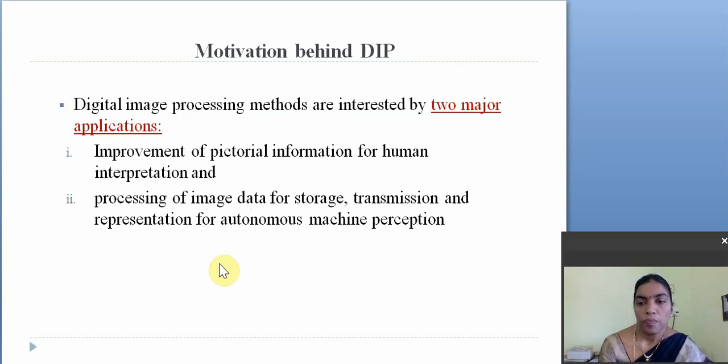That's why we should apply some algorithms or methods to do this. For this application also we apply digital image processing algorithms on the image. And then the next one, representation for autonomous machine perception. This is nothing but giving vision to the machine, for which we should apply digital image processing algorithms.